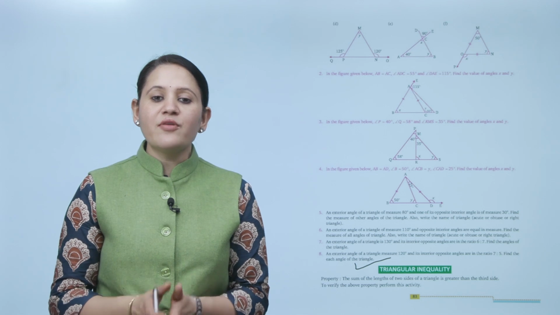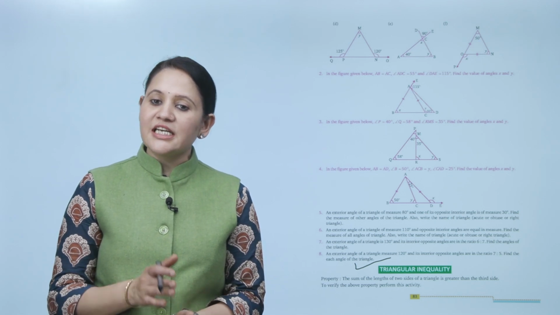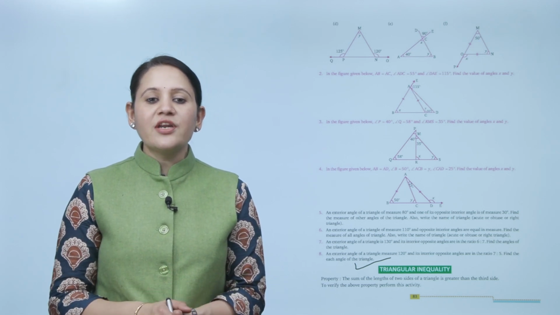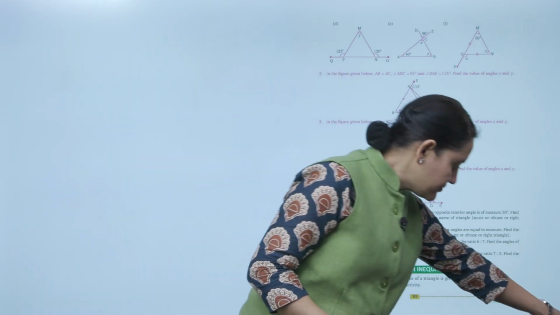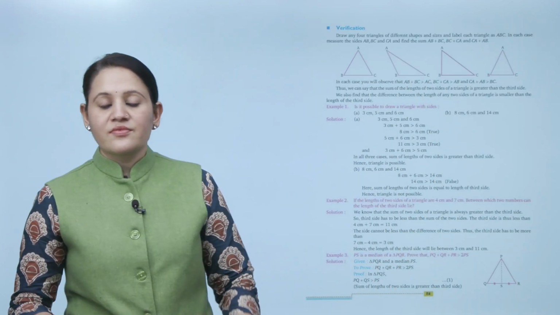Property: the sum of the lengths of two sides of a triangle is greater than the third side. To verify the above property, perform this activity. Verification: